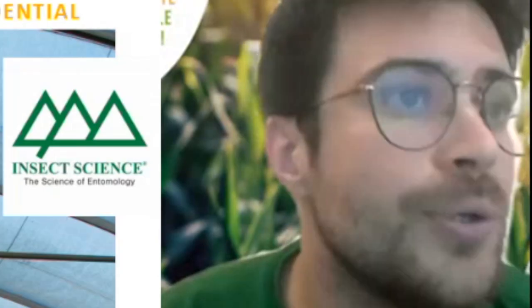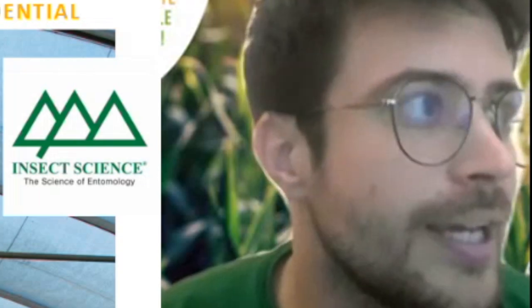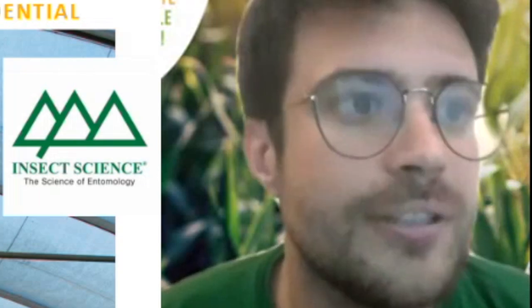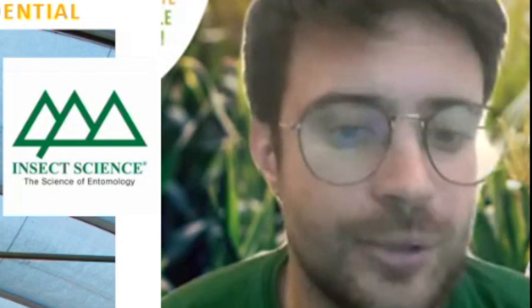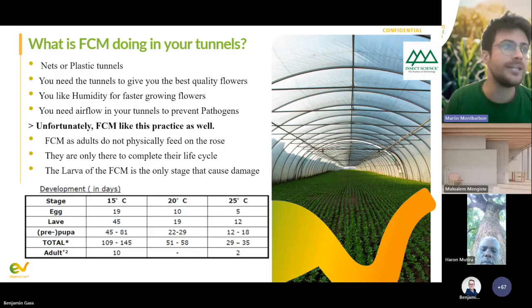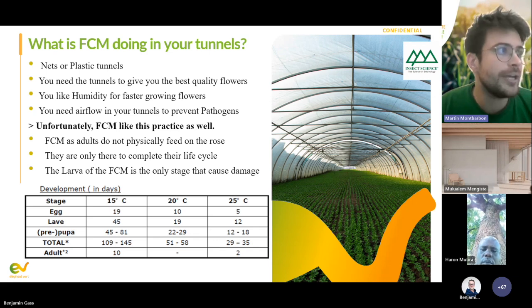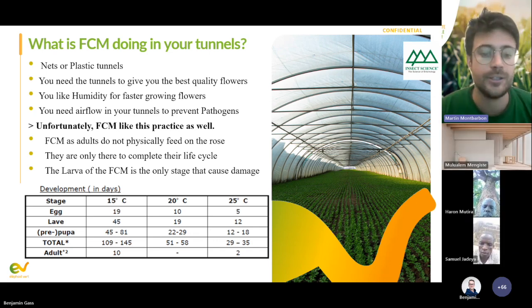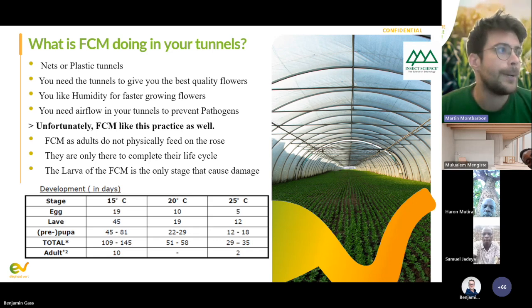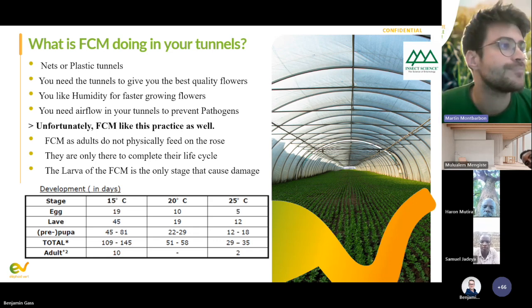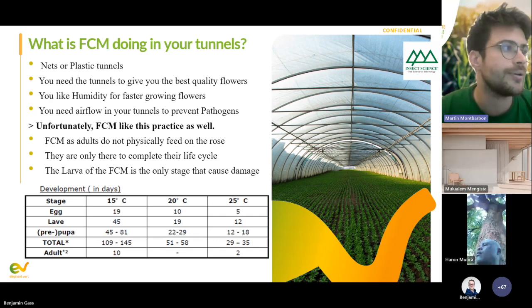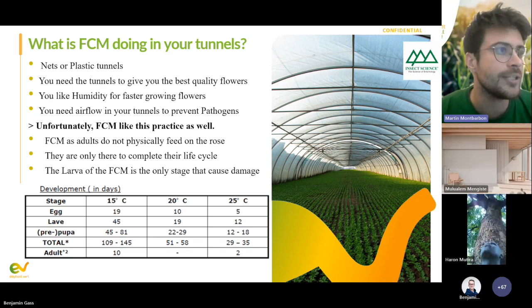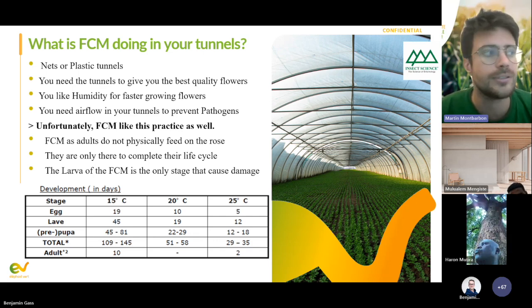So it's good to know, as I think Vernon explained, the adult is not here to feed. It's only the larvae stage that feeds on your crop. But the FCM adult, so the male, he comes here looking for mating, and the female comes here to lay the eggs into a host plant. You can see on the slide there is some explanation of the life cycle depending on temperature. It's not the only characteristic that influences. But as you can really see, at 25 degrees, sometimes the life cycle is less than 29